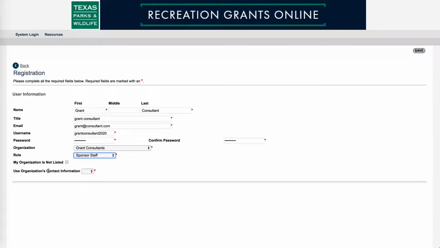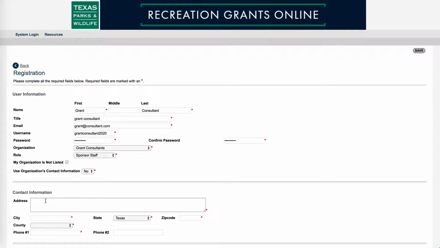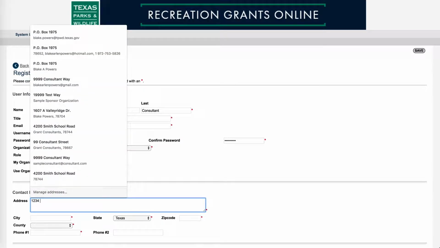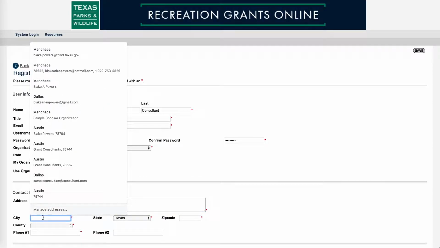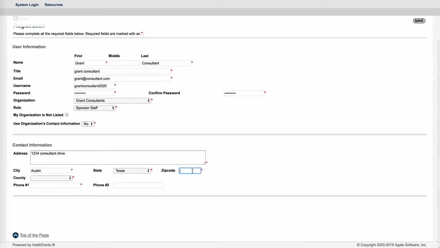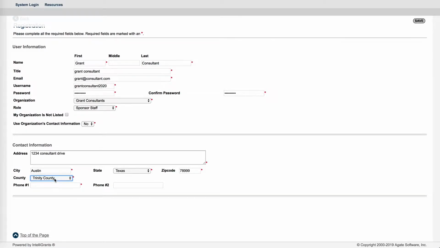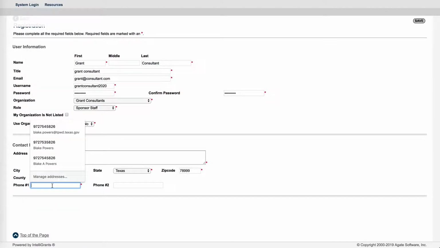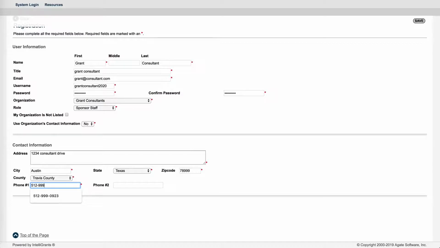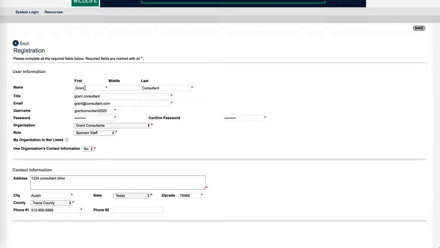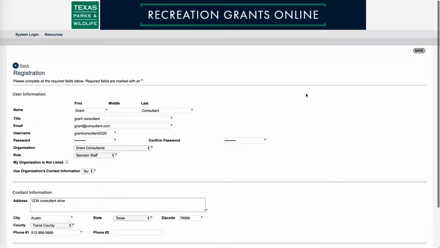When you come down here to the Use the Organization's Contact Information area, you're going to select No, and then you're going to put in the unique information for your organization. You have a phone number here. Okay, at this point, I have completed all of the required fields here, and what I'll do is I'll click